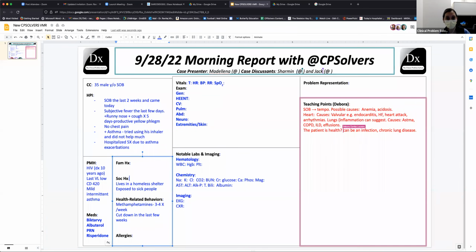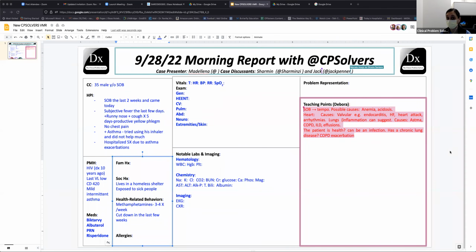So when it comes to the pulmonary system and shortness of breath, I like an anatomical approach as well. This patient already has a reason for shortness of breath, right? He has a history of asthma. We know it's been bad enough for him to have been hospitalized multiple times for asthma exacerbation. So an exam would be helpful. The fact that the albuterol hasn't helped doesn't exclude that it's asthma. If it's bad enough an exacerbation, maybe albuterol is just not cutting it for him.